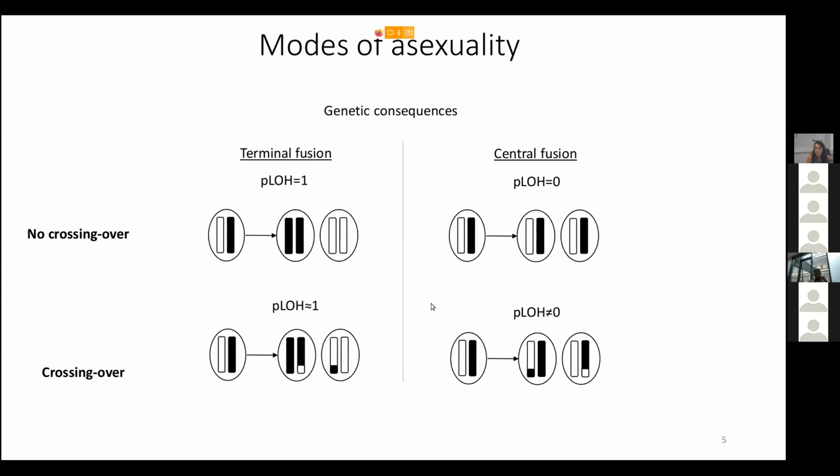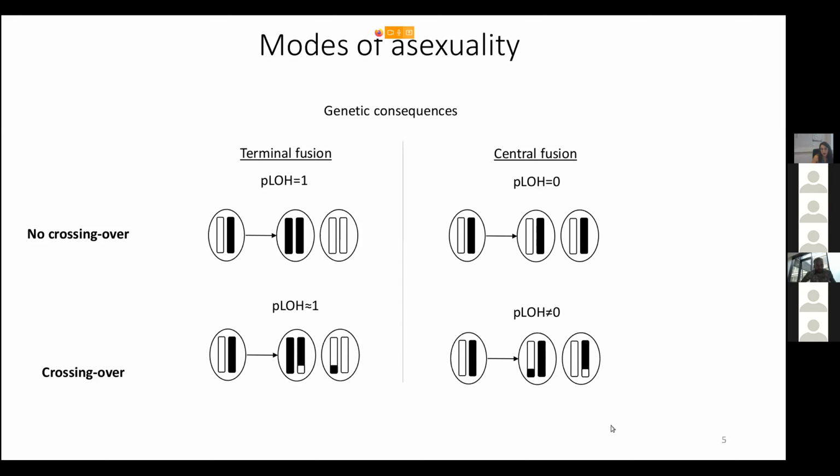This is the one we generally find in nature, with the offspring cells being genetically equal to the mother cell, so with a complete absence of loss of heterozygosity in the absence of recombination. But again, if it occurs in the first stages, we would have some homozygosity in regions distal to the centromere. So this just shows that it's possible to have a huge diversity of asexual modes of reproduction,